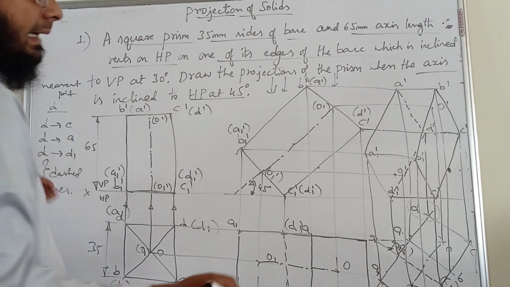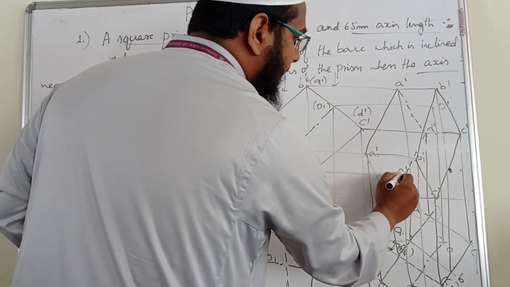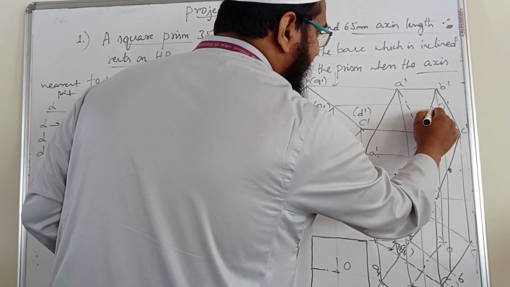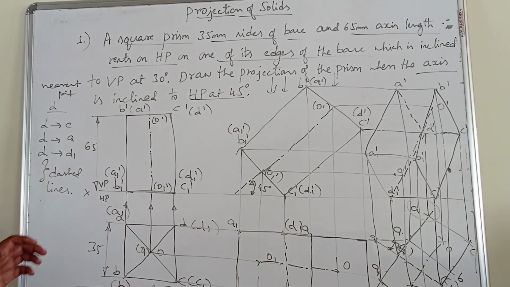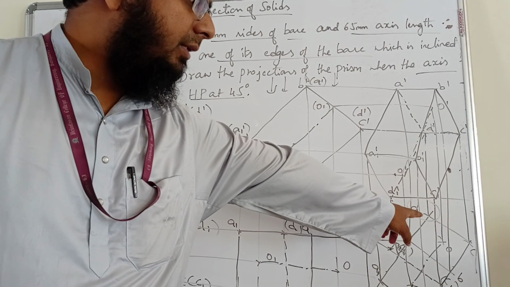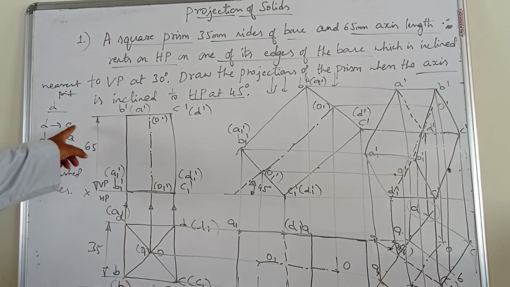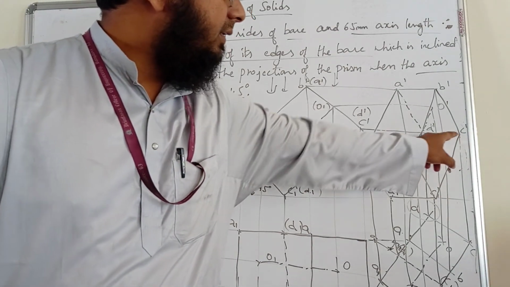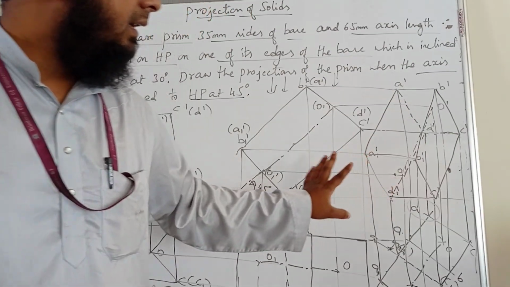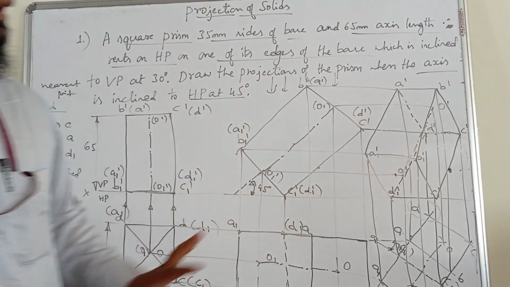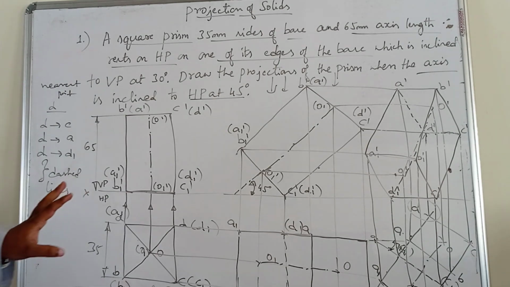Now we have to draw the axis line, from O dash to O1 dash. So we are showing the axis line. Understood, right? This is how to write the final position. Take as reference the nearest point to the XY line, D. D is connected with C, A and D1. These are the dashed lines. First we have done the dashed lines: D dash to C dash, D dash to A dash, D dash to D1 dash. After that, the remaining part we have written with continuous lines. So that's how we complete the first problem in projection of solids.